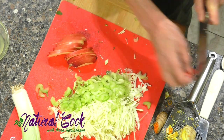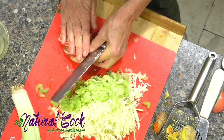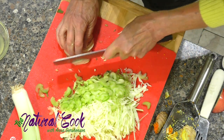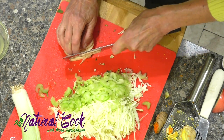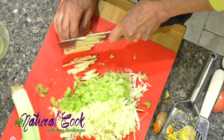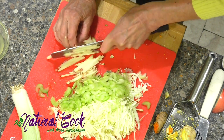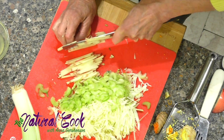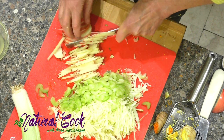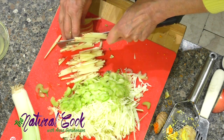All right, so now I'm going to fan out my apples like this. And then this way, it's really very easy. I hold it like that, and it's very easy to julienne it. And if you were using kohlrabi, you would be doing exactly the same thing. You would peel the kohlrabi, and slice it thinly, and then fan it out, holding it tightly, because otherwise it will start moving. The apples are wet, and of course they would start moving. It will try to escape you like this one is doing to me. Okay, so